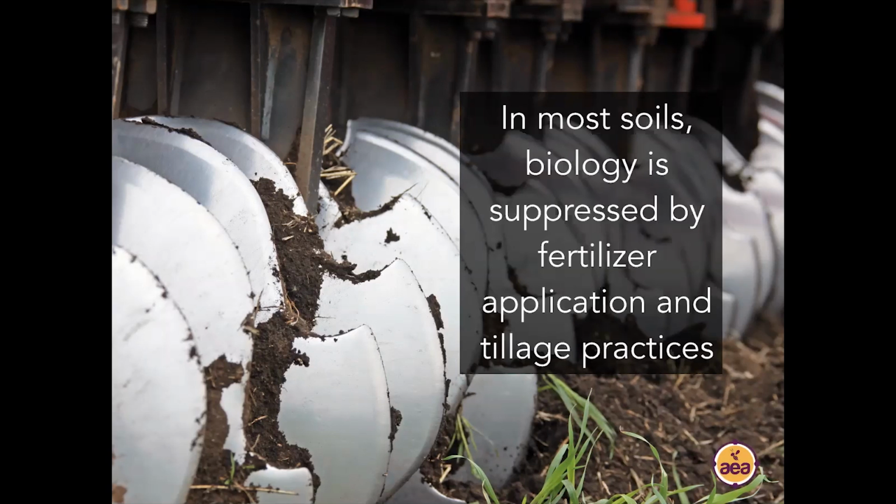And as an electrolyte with a high electrical conductivity, they create an environment that is not conducive to soil biology. In fact, they actively suppress and antagonize both bacterial populations and fungal populations. And in addition to that, we know very well that